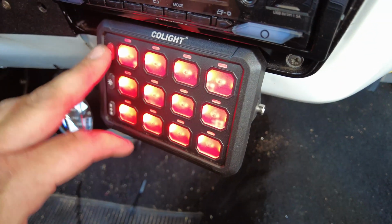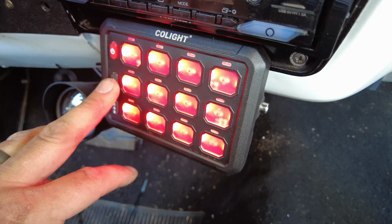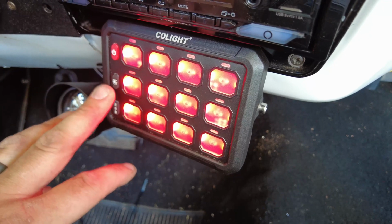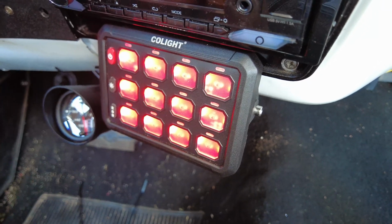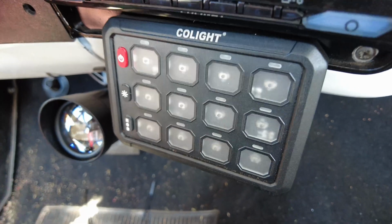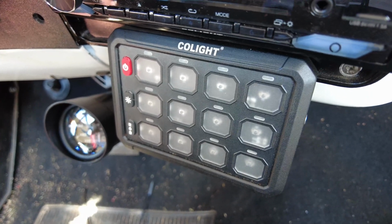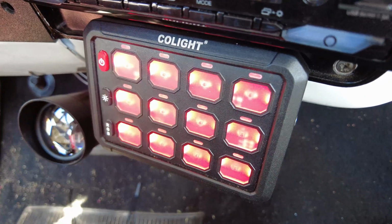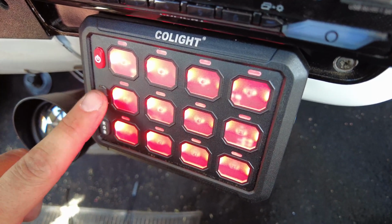And then to test out the strobe and the momentary, what I'll do is hook up a light to it, so then we can test it out and really see how those functions work. All right, so kind of messing with this, I got it figured out now, at least for the momentary mode right now. So what you do is you turn it on and you press this button